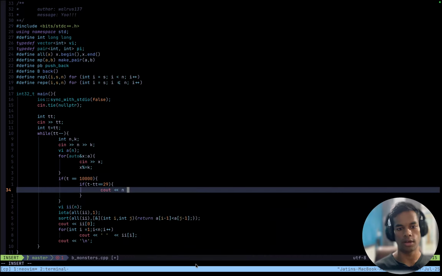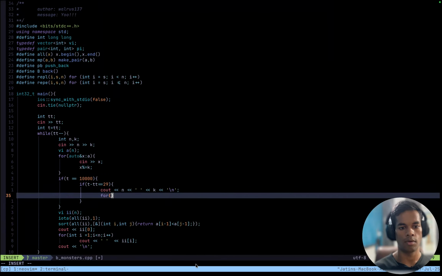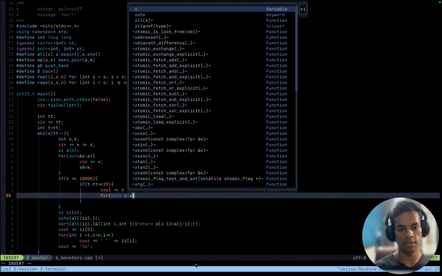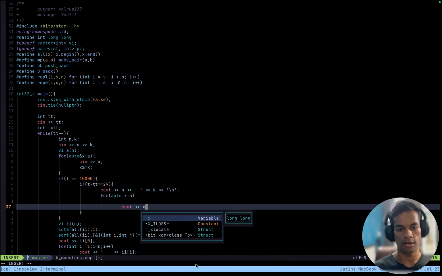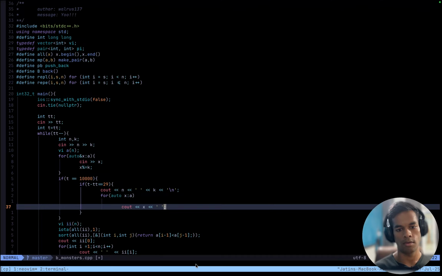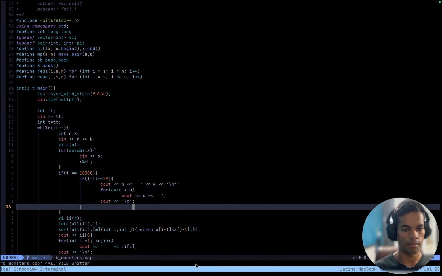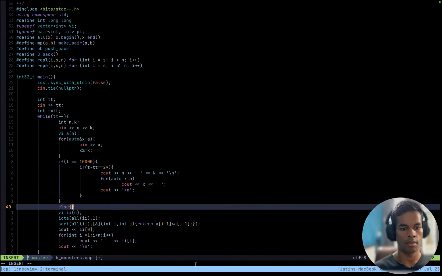cout n and a new line, except I also have k, and then for auto x, cout x, and then cout a new line, else.